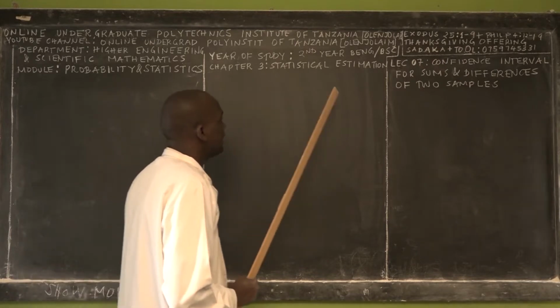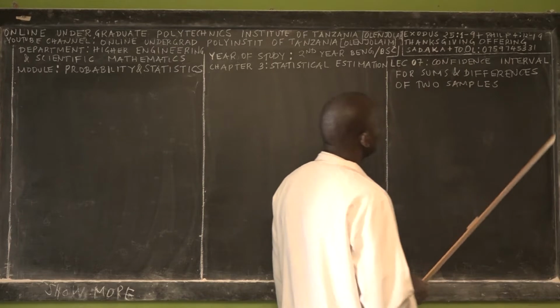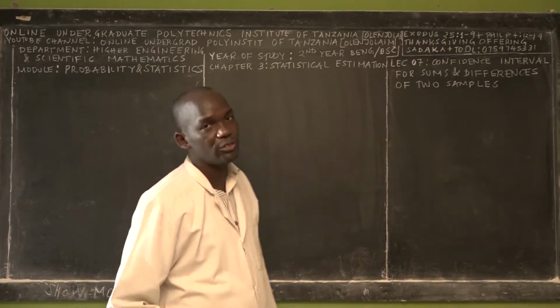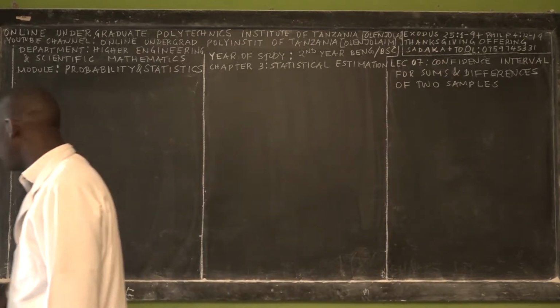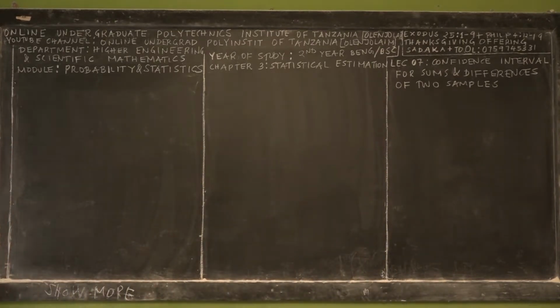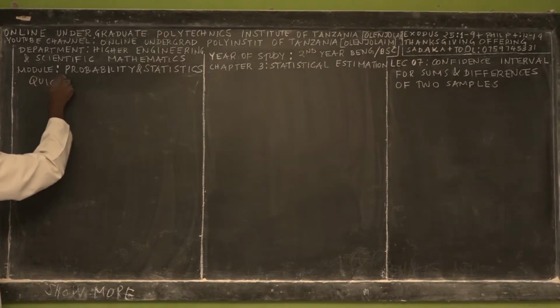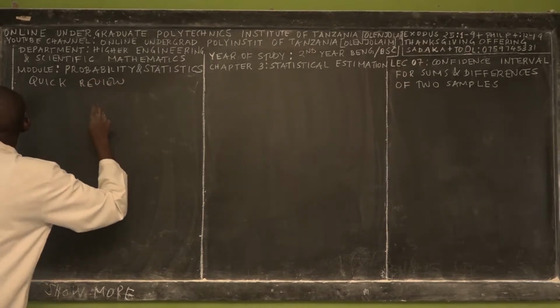We are in Chapter 3. This is called the Statistical Estimation, and this is Lecture 7, when we will teach you about confidence interval for sums and differences of the two samples. So you have to stay tuned and stay focused. Okay, so let me do a quick review of lecture